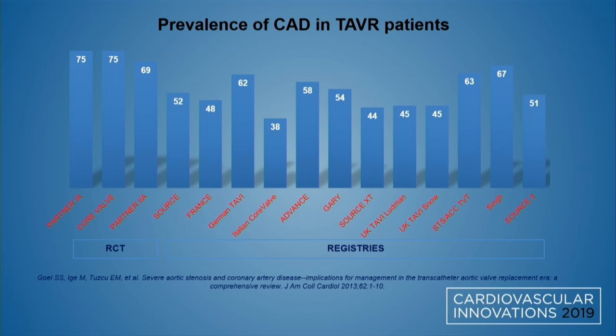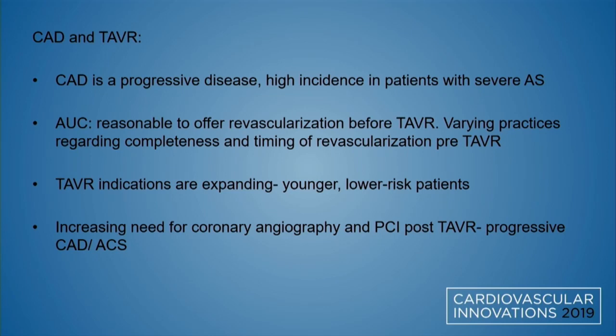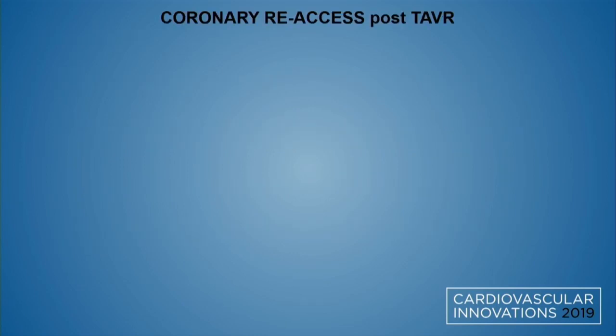So I'll start off with this slide that shows the prevalence of CAD in these patients. It ranges between 20 to 80%. The low-risk trials that just came out, it was about 20%. And CAD is a progressive disease. We don't have a mandate about how to treat these patients pre-TAVR. Different people are treating these in a different way. So there's untreated CAD post-TAVR. The indications are expanding to younger, lower-risk patients, and so all these together we'll need more coronary angiography and PCI